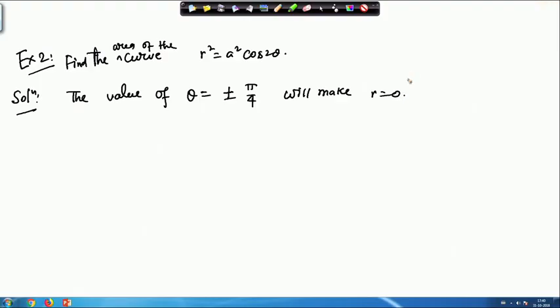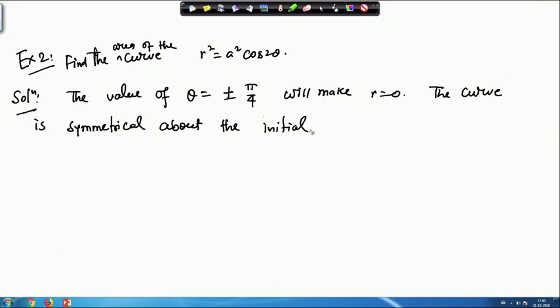So the curve is symmetrical about the initial line, and then the required area